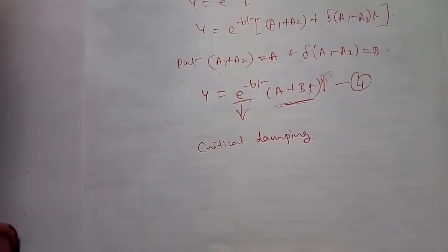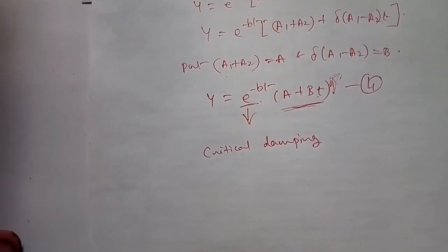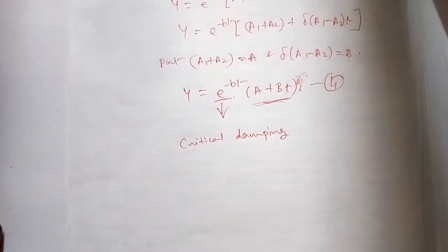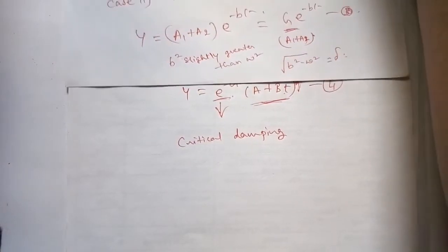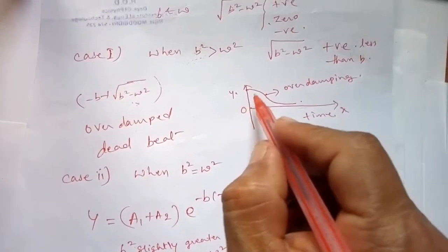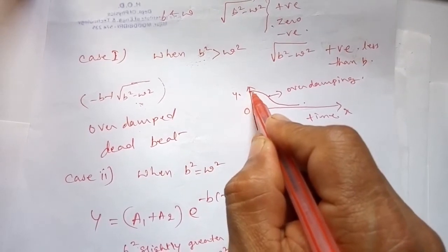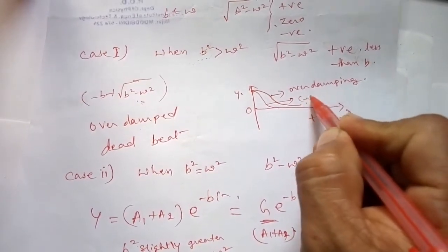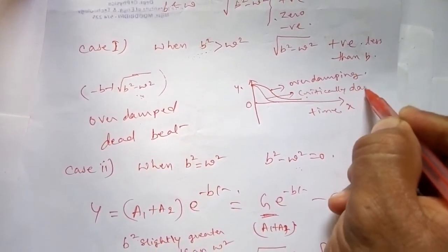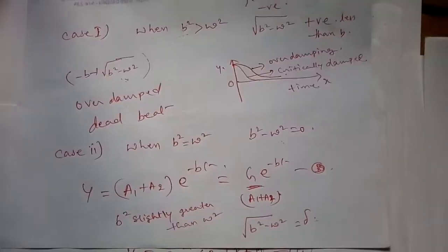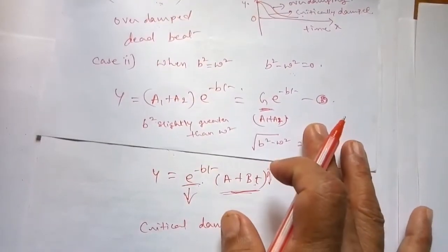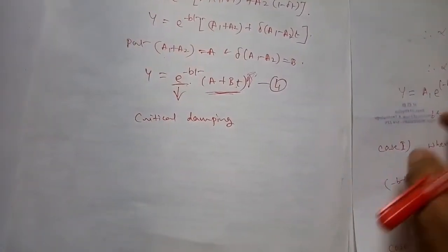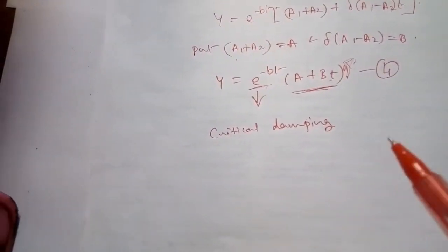This type of motion is mostly exhibited by many pointer instruments such as voltmeter, ammeter, etc., because immediately it should be ready for the measurement. So you can go back, and this rapidly goes to 0. This is critically damped. This type of damping is observed even in the case of shock absorbers and other things: critical damping.